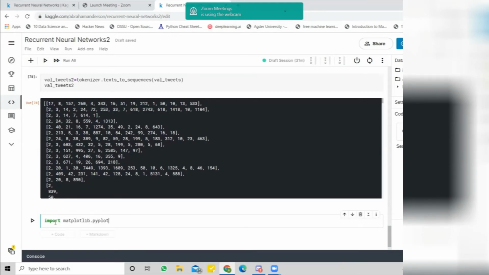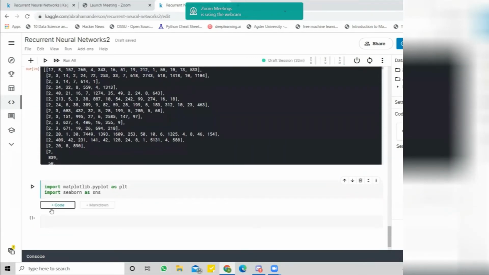Matplotlib.pyplot as plt, and in order to get a good visualization, let's import Seaborn as sns. Let's run this code line. I import sns because I want to get a good set style.